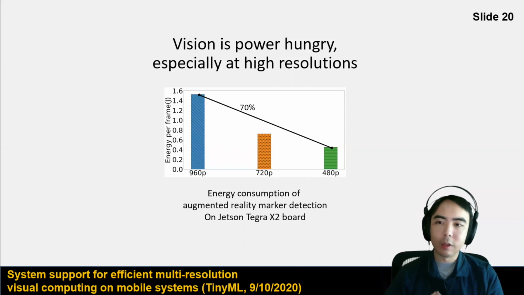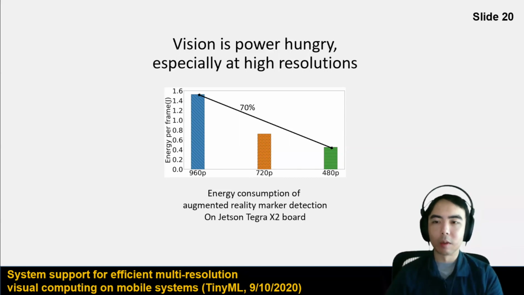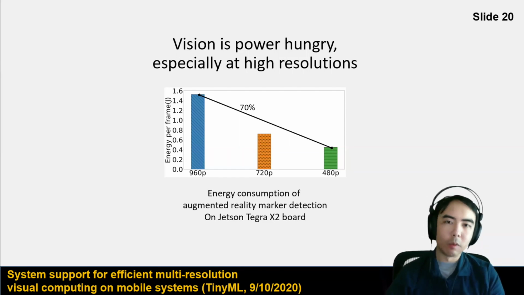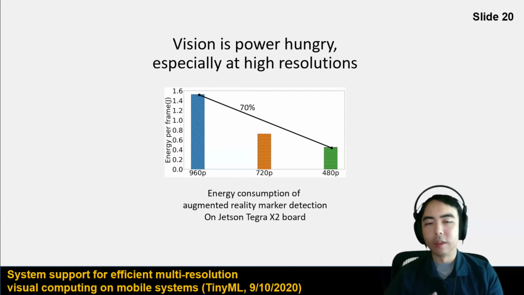It turns out that you can actually get 70% savings on the compute when you're operating at lower resolutions. You're seeing here, from 960p computing for doing augmented reality marker detection versus 480p, we're saving that 70% on this Jetson TX2 board of processing different image frames as they come in. And what we found out through benchmarking is this is largely due to DRAM, due to memory accesses, because you're dealing with sending lots of pixels to your memory, reading lots of pixels out of your memory, so that high bandwidth, that high throughput rather, is what's causing this high power consumption.